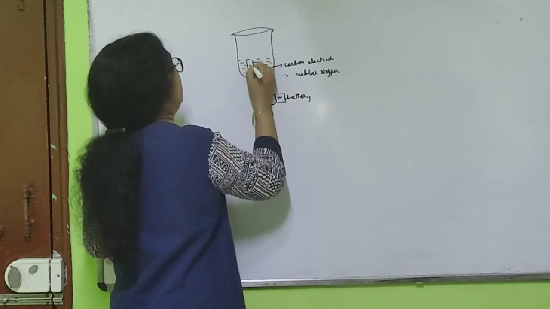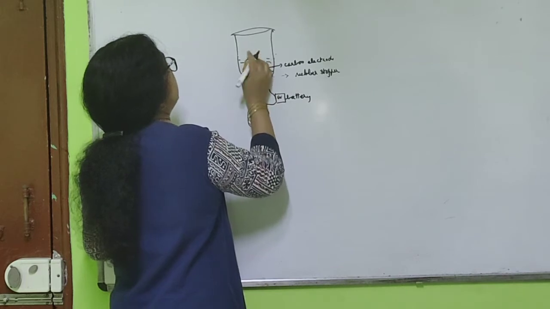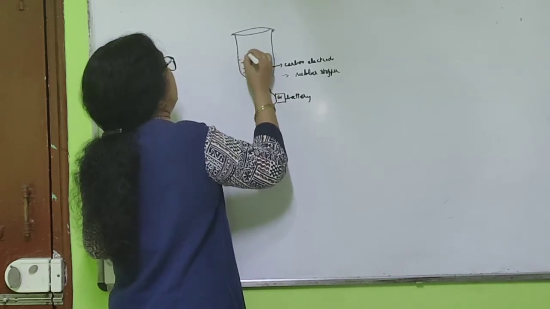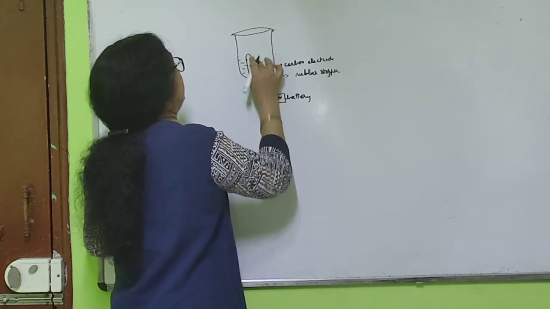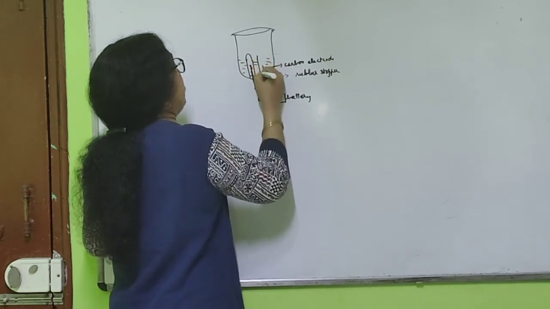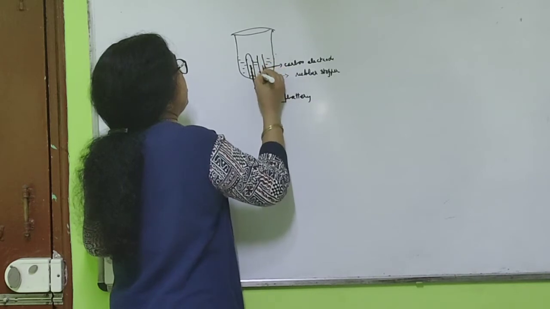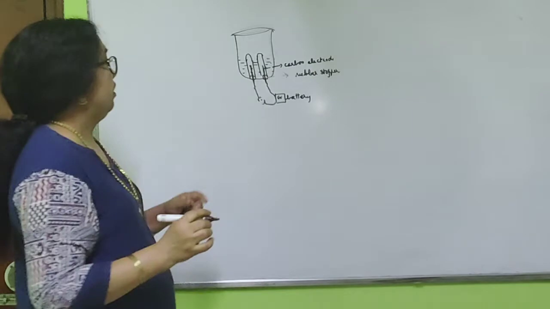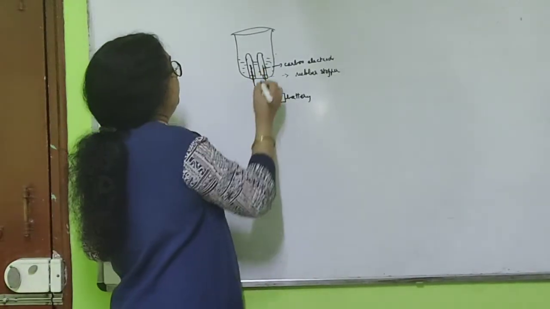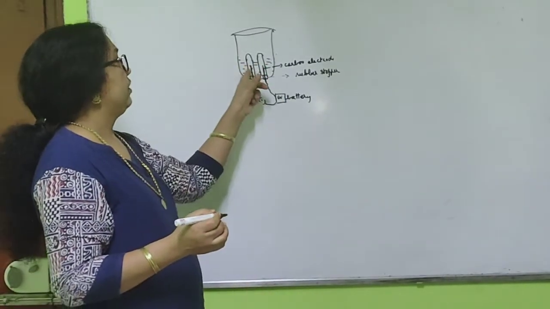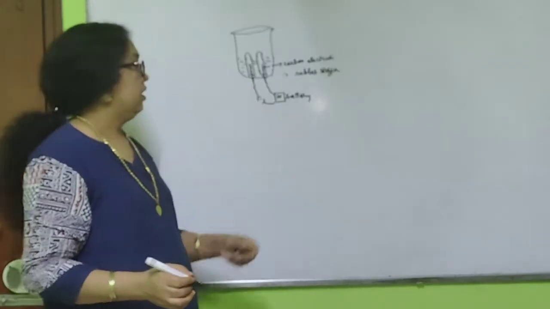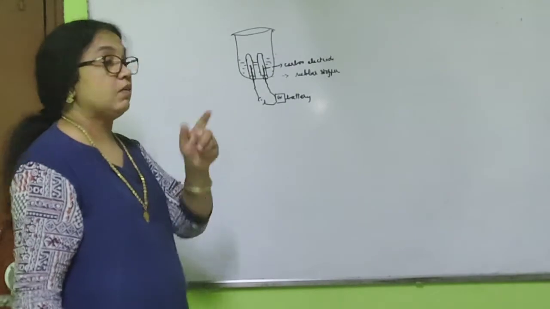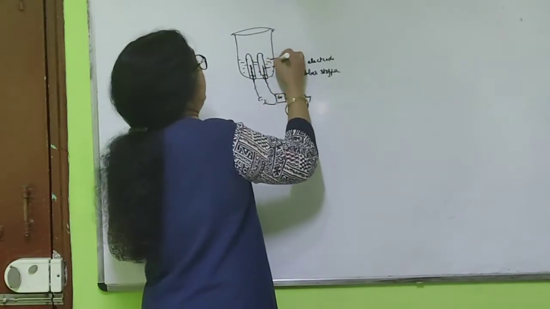So take 2 test tubes filled with water and invert them over these electrodes. Now switch on the battery. In this water you have to add a little sulfuric acid also. Why are we adding